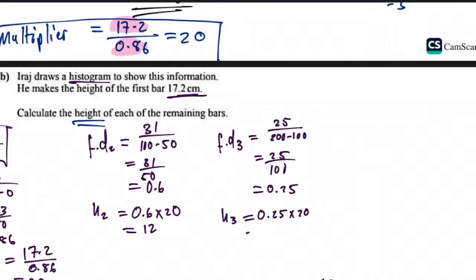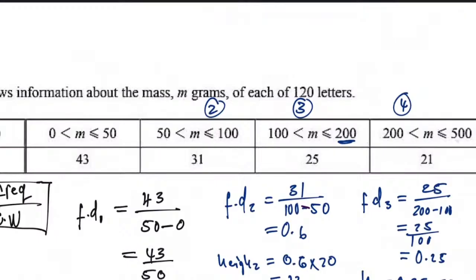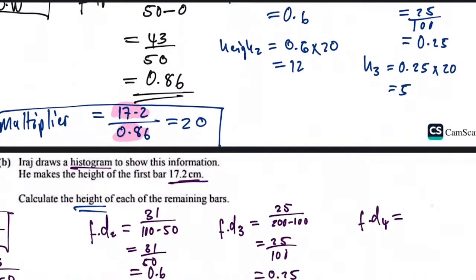Now the frequency density for the fourth one is equal to the frequency 21 over the class width 500 minus 200, which is 21 over 300, which is equal to 21 divided by 300, which is